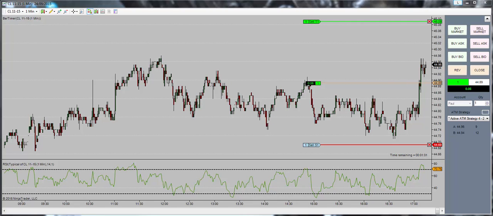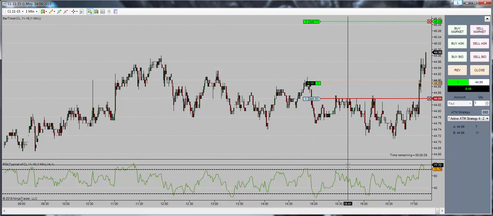Just unpaused the video. I just want to show you an illustration here of a level that I'm looking to see price break above. I'd like to move my stop up to just below my entry point, further reducing the risk in the trade. As you can see now, I still have a 20 tick target at 45.09 and a 20 tick stop at 44.69. If I can get a break of level here, I'm going to move my stop up and place it there. There we go. So now I have a potential loss in the trade of 5 ticks and a potential gain of 20,